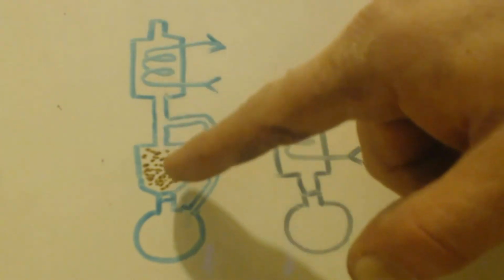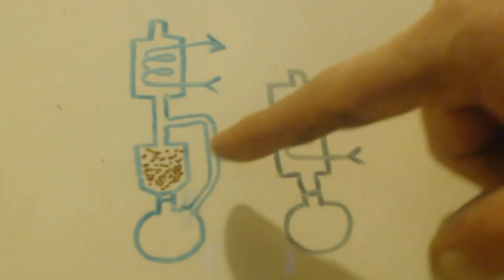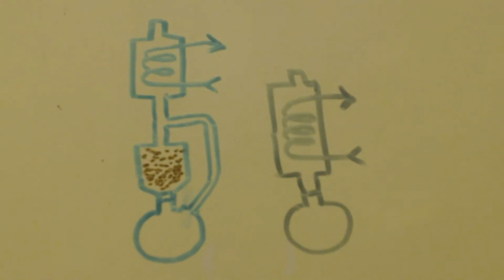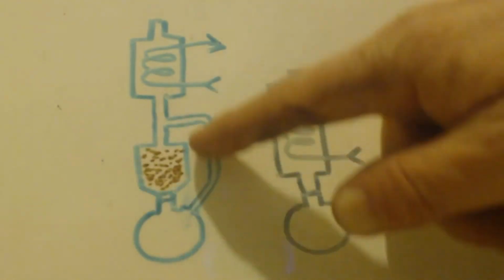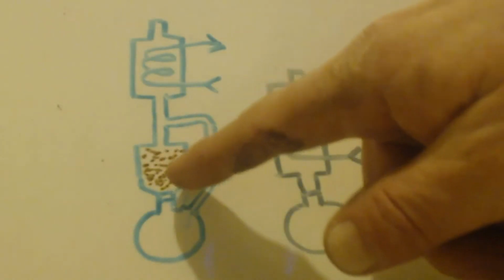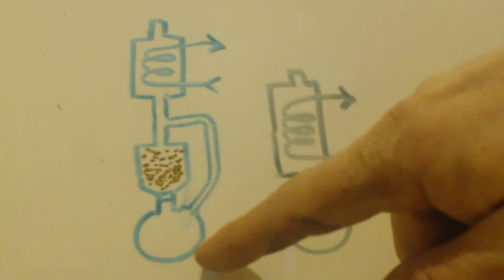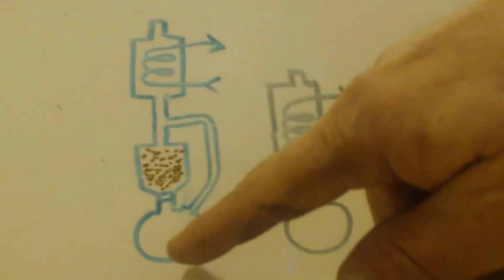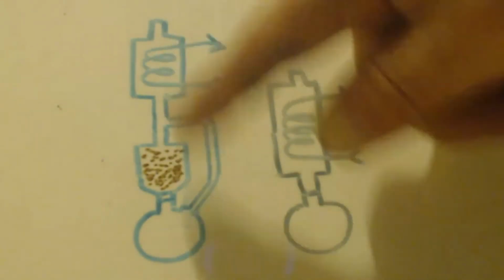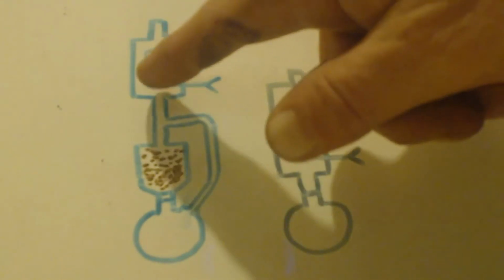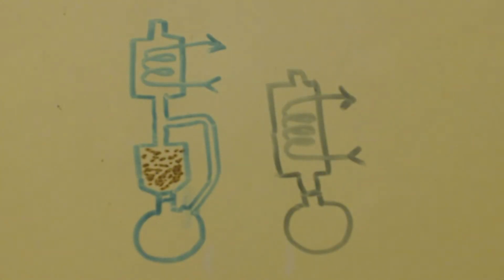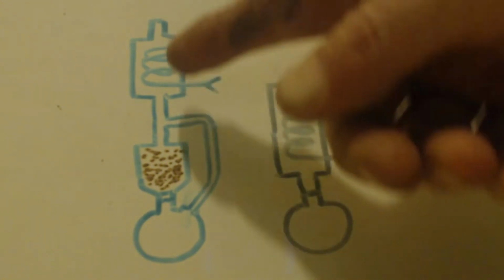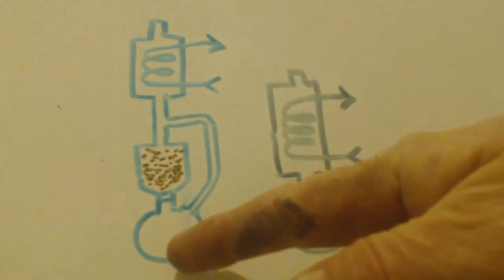So it condenses and it drips down into this little vat where I have these brown dots. Those brown dots would represent the magnesium sulfate. Then you have some cotton or whatever down here, or you have a filter there so that none of this drops down into your pot. That way the stuff refluxes off with the water, right? The water condenses down. As it goes through, the magnesium sulfate would soak it up, right? It would incorporate it into its crystalline lattice. But the rest of the product and the other solvent would drop back down into the